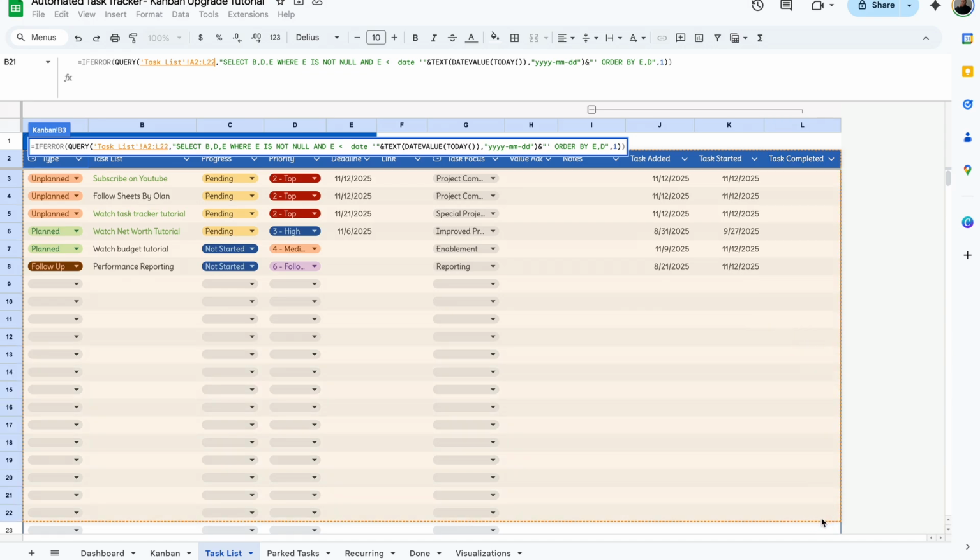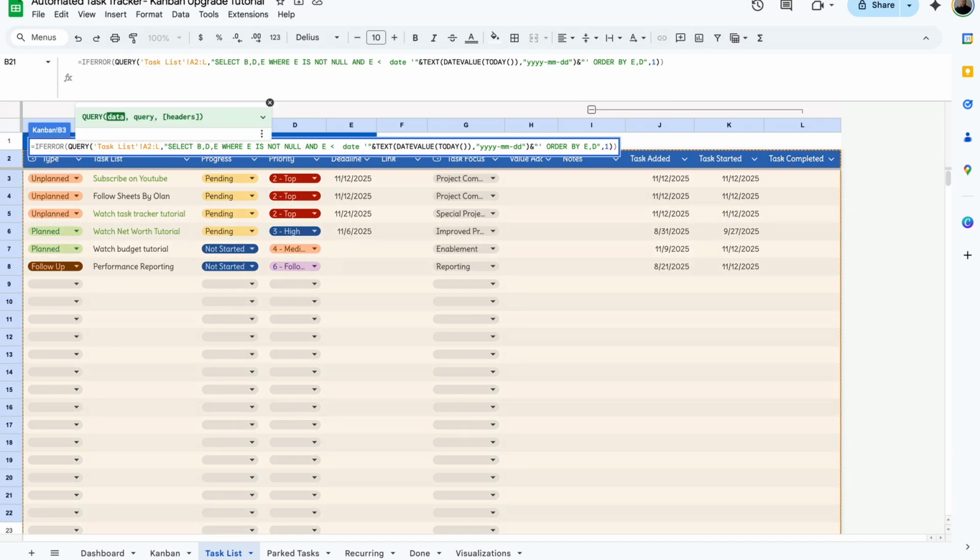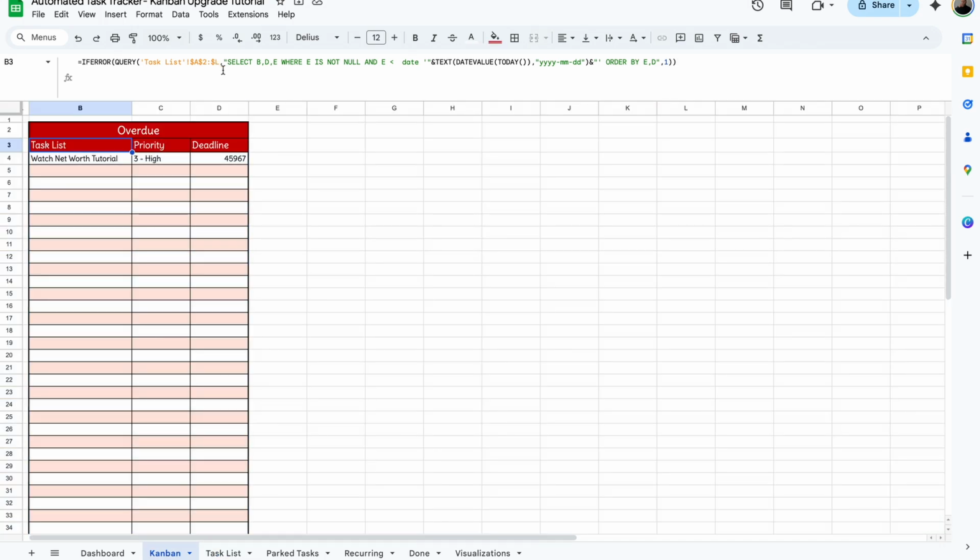So literally all the columns, and then we're going to go all the way down through the end of the column. And let's go ahead and anchor that in with dollar signs. And the reason why we're anchoring it in with dollar signs to make it an absolute reference is so it doesn't shift when we copy things over. After a comma, we're going to put inside quotes, select space B, comma D, comma E, where E is not